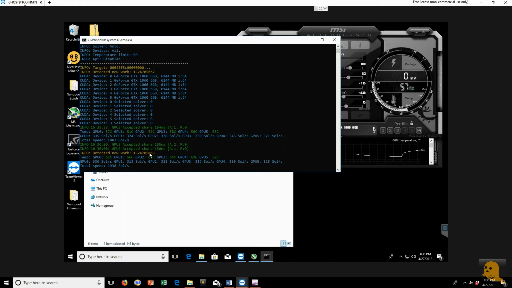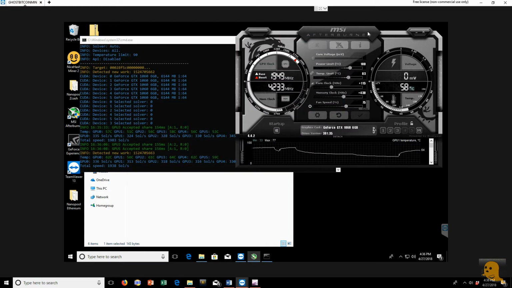So again, if you are getting just into mining, this is a good thing you can do, especially if you're using those GTX 1060 cards. This is a good setup right here, guys. This works best for my rig. Anything higher than this actually gives me an error code,